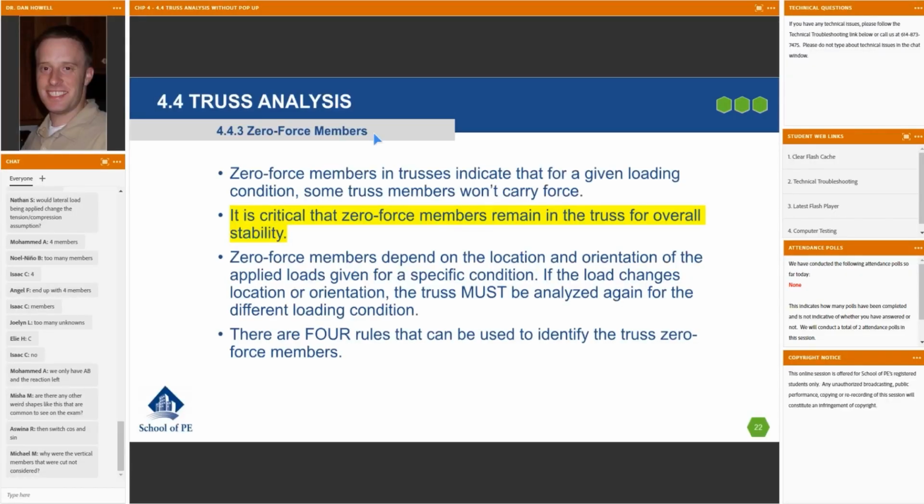Our next topic here: zero force members. Now, I've seen this asked explicitly in the exam as a point blank: here is a truss, how many zero force members are in the truss? Another way you may see it, although they don't explicitly come out and say, hey, use zero force members on